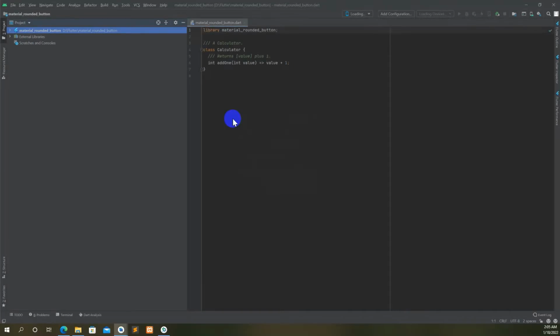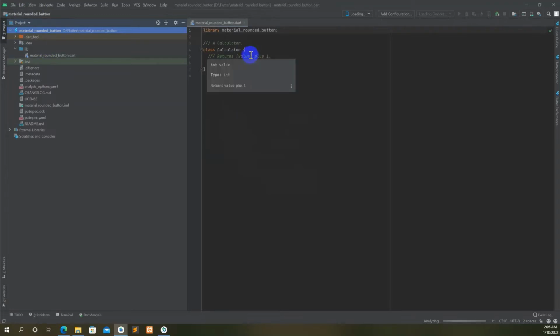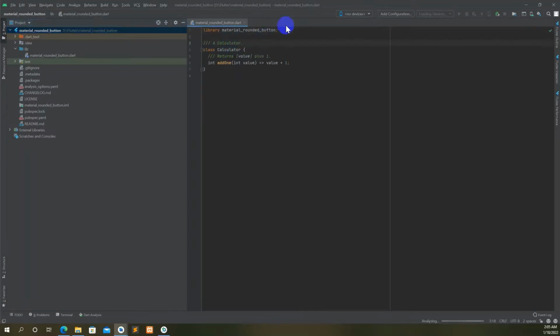Okay, our project is now ready to use. So these are the dummy code they added. We will remove them because we are not creating this and will not use it anymore. So removing it,